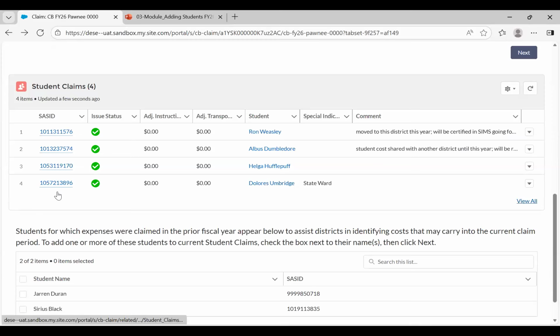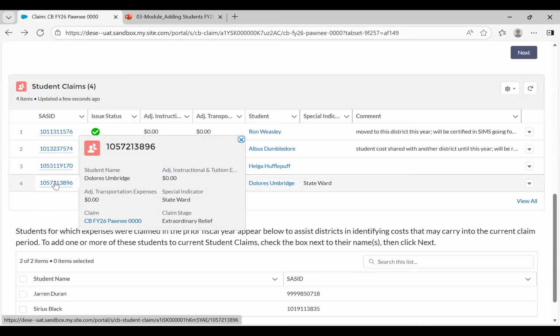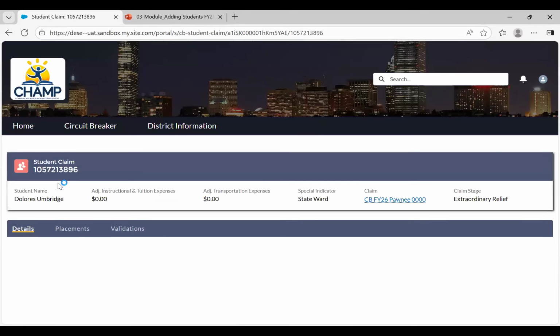To add expenses, you would click on this. If you hover, you can see what's been entered thus far. So we haven't added any instruction or tuition expenses or any transportation expenses, but here we can see the student name and the special indicator. If you click on the SASID,